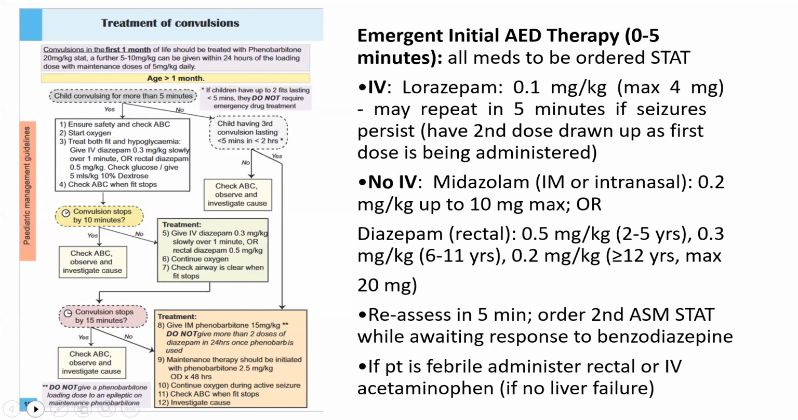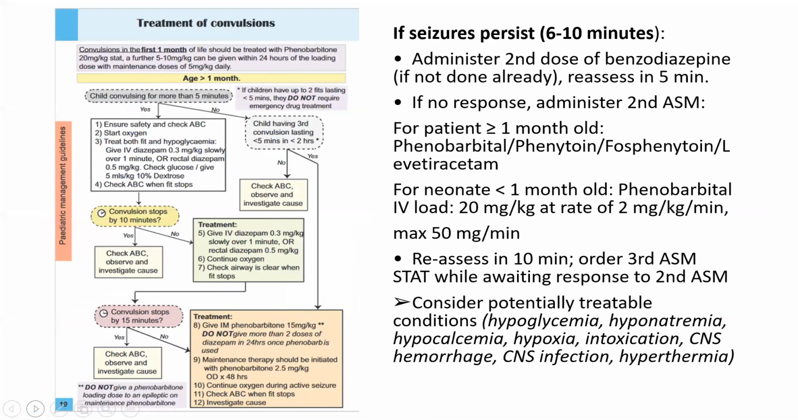So if the seizure persists beyond 5 minutes, you'll need to prepare and administer the second dose of benzodiazepine, as we've discussed, and continue evaluating your ABCs and correcting any potentially treatable condition that you are able to identify. Once you consider and need to use the second dose of benzodiazepine, you'll need to start preparing to administer a second